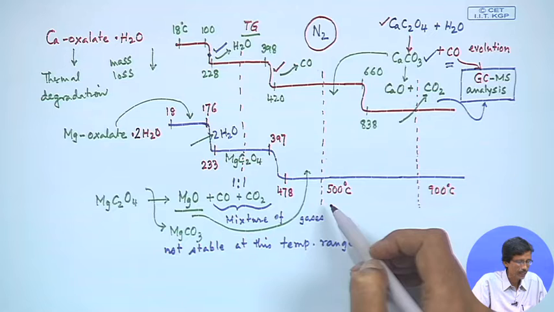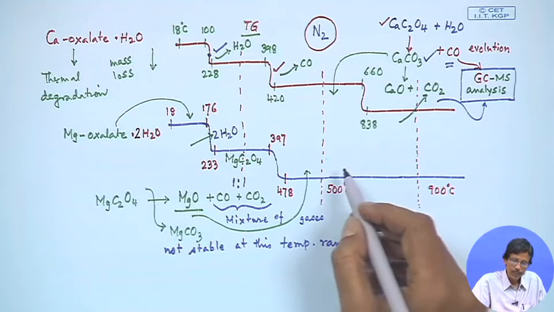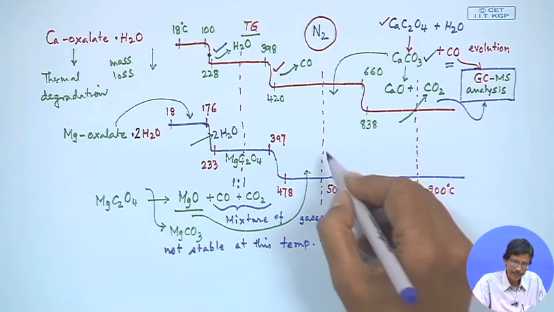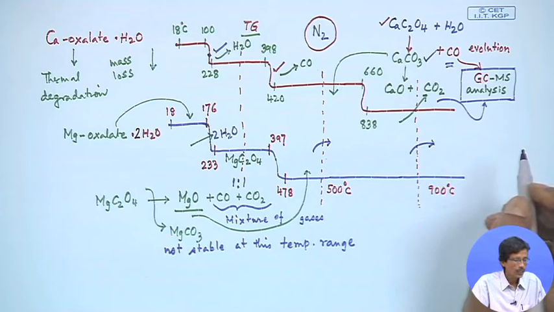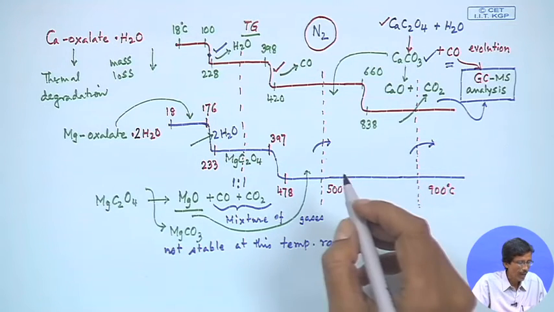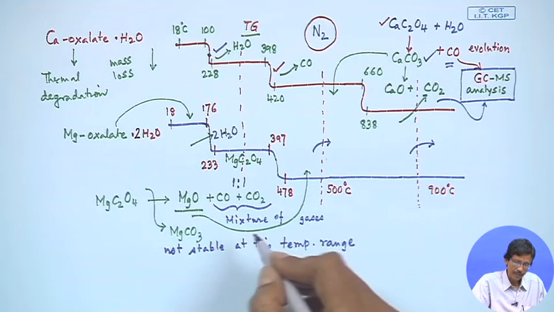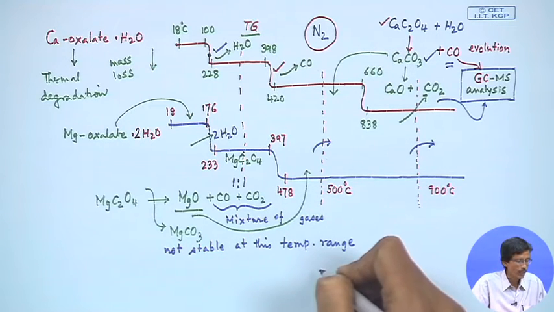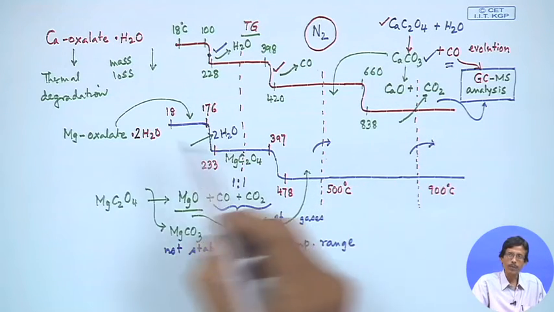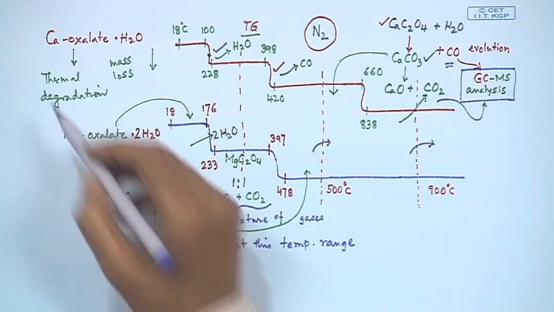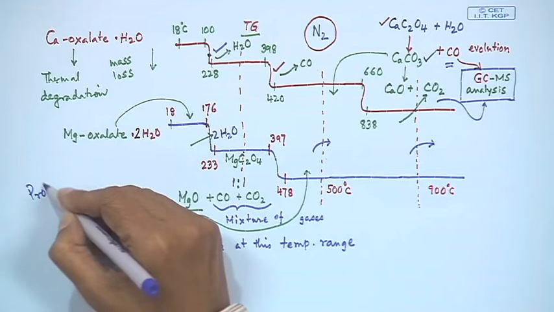And this stability of these temperature ranges, if we find at 500 degrees centigrade, so when the temperature is 500 degrees centigrade, and at 900 degrees centigrade, if we do the same thing with a mixture of these two, since magnesium carbonate is not formed over there and is not stable at this temperature range, so if we have a mixture of calcium oxalate and magnesium oxalate, which is our original problem, because our problem was